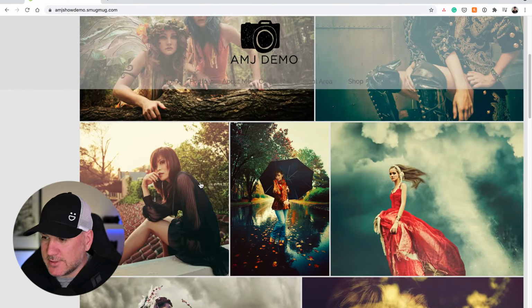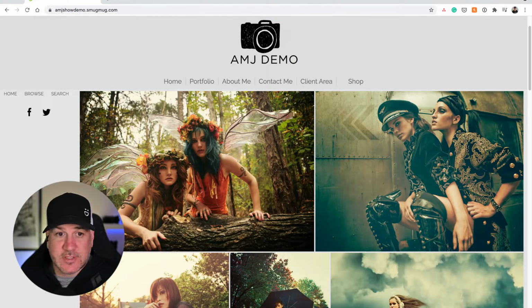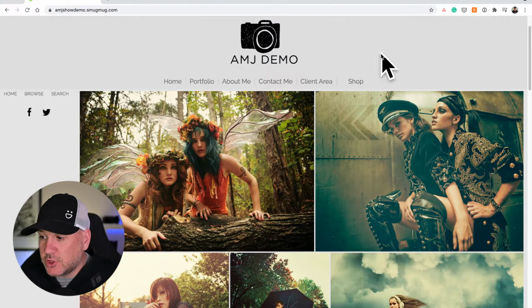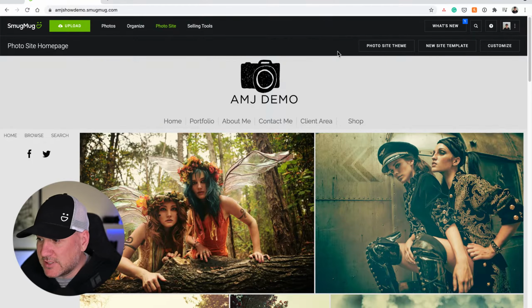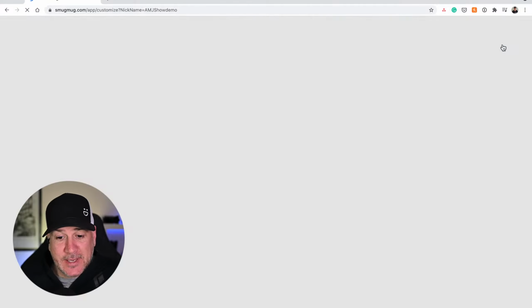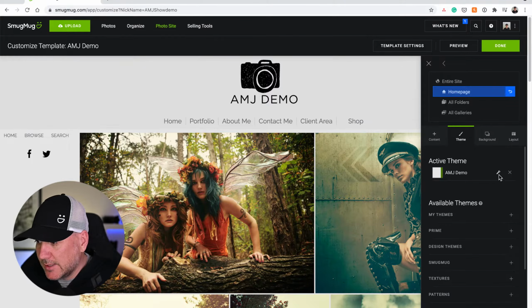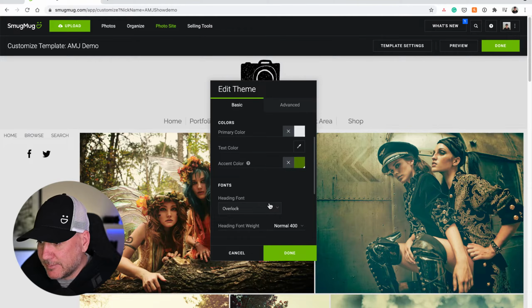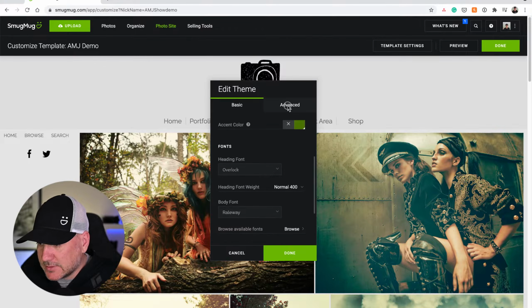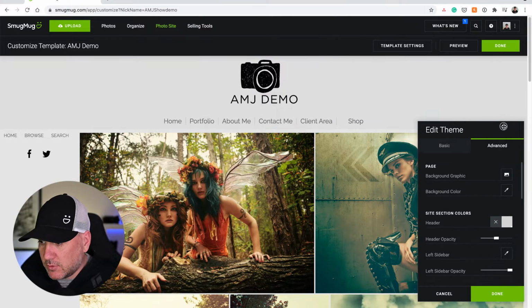header to the page, which is another technique I'll come to maybe next week when we look at the layout tab in the customizer. But what you can do is change the color of the header and the color of a sidebar. So in this instance, I could change the background color of this entire header. And to do that, you do that in your theme section. Again, in episode 77, we went in depth into themes, and I think I showcased changing the theme of a site. Within the advanced section of the theme tab, you can actually change the color of the header and the